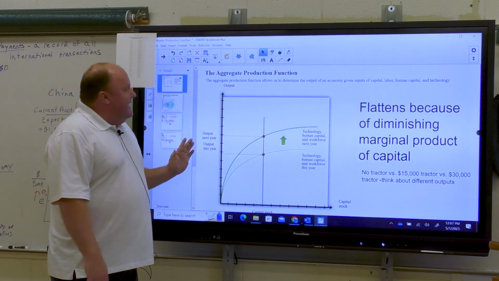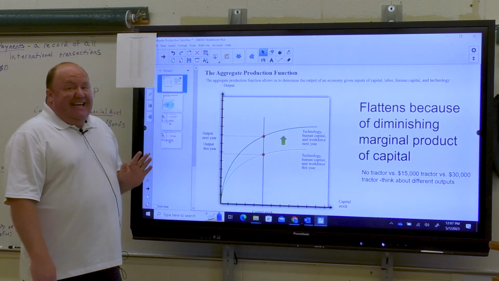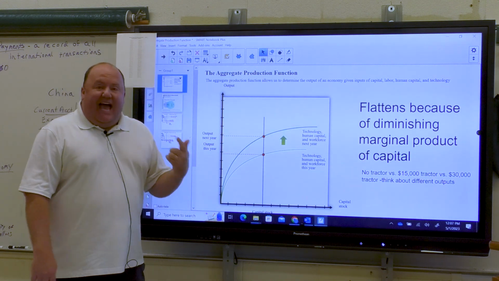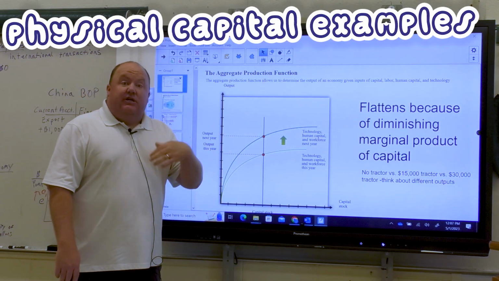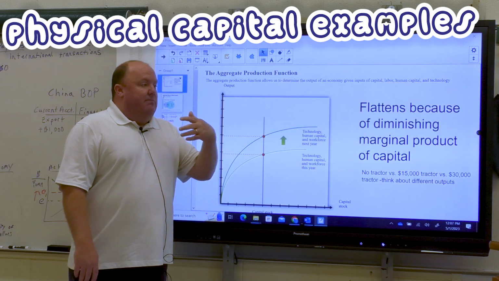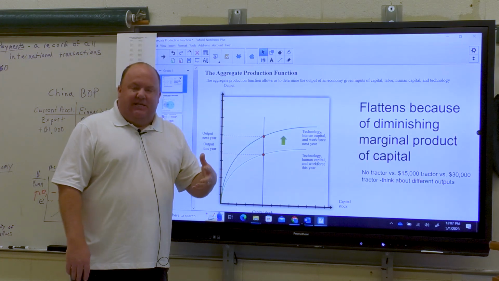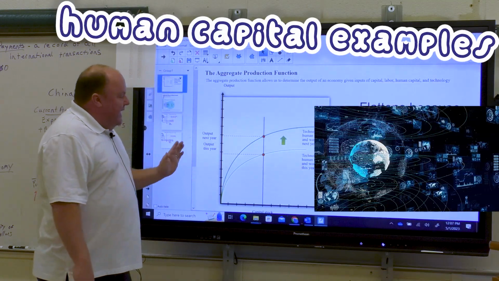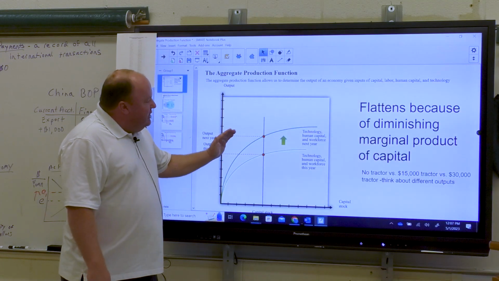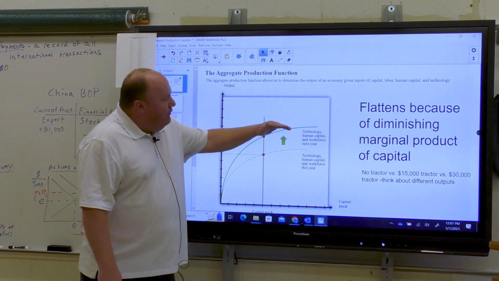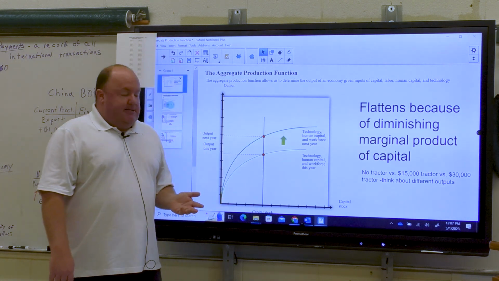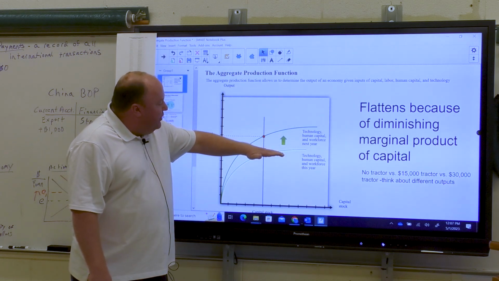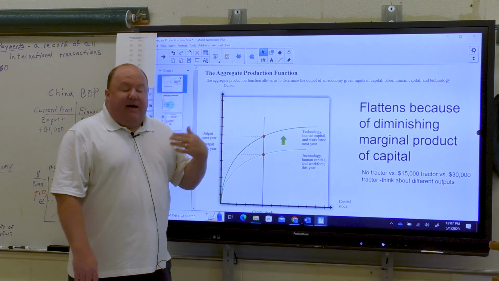Basically it just says the total production in a society will increase with the added capital goods, physical goods, factories, robotic arms, all that kind of fun stuff with physical capital, human capital, skills and education, and technology. And we see it will increase, but it will begin to flatten out at some point. And so the only really way you get growth by going from here to here is by the introduction of